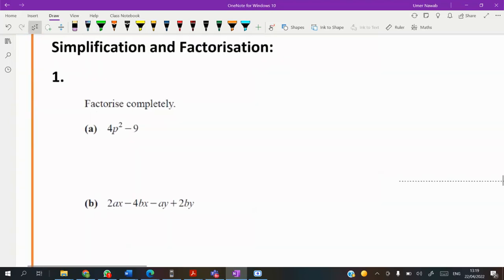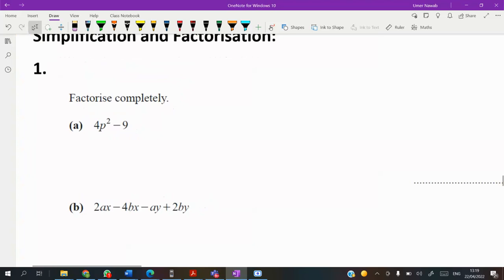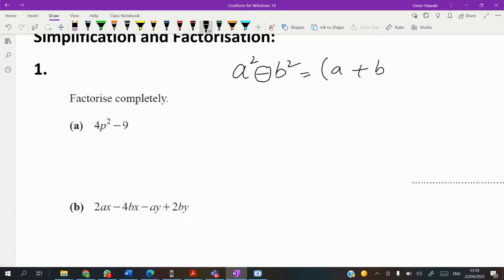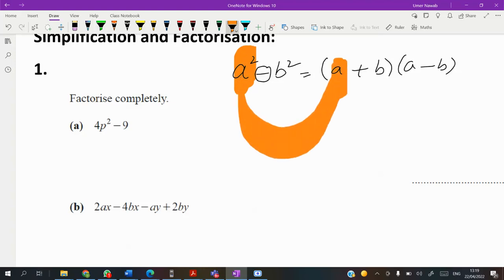The next thing is factorization. For factorization, we need to be careful. We have to use a squared minus b squared, which is called difference of two squares. It is equal to the two linear factors, so a plus b and a minus b. And whatever you see here, you take the square root of that and write a number here. Whatever the number here, you take the square root of that and write a number here. So first time you write a plus sign, and the second time you write a minus sign. So let's do